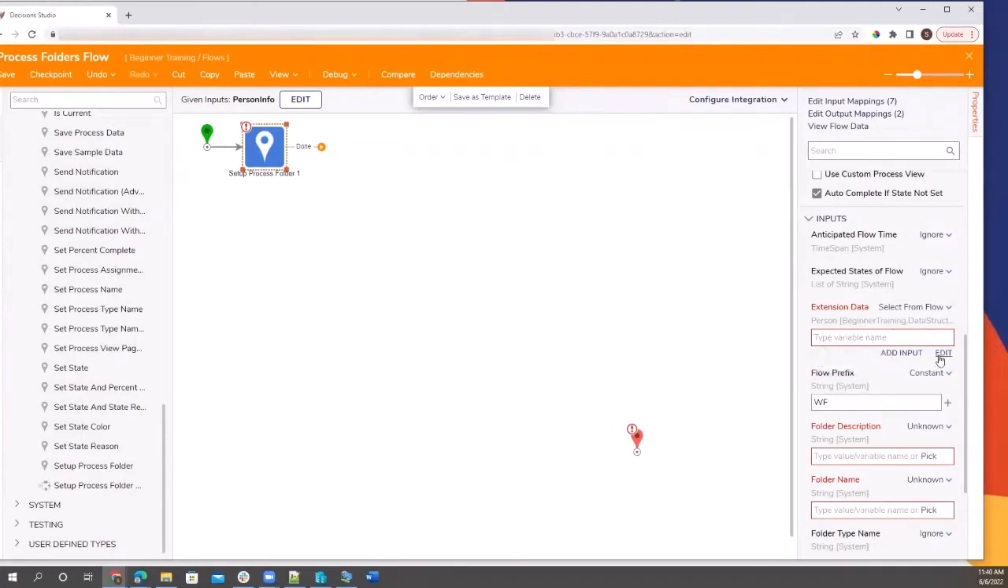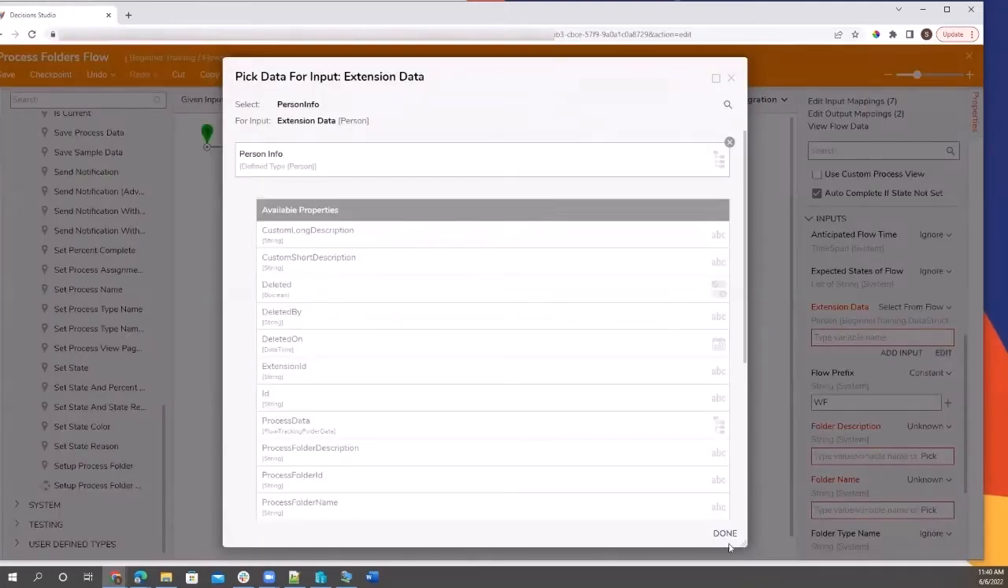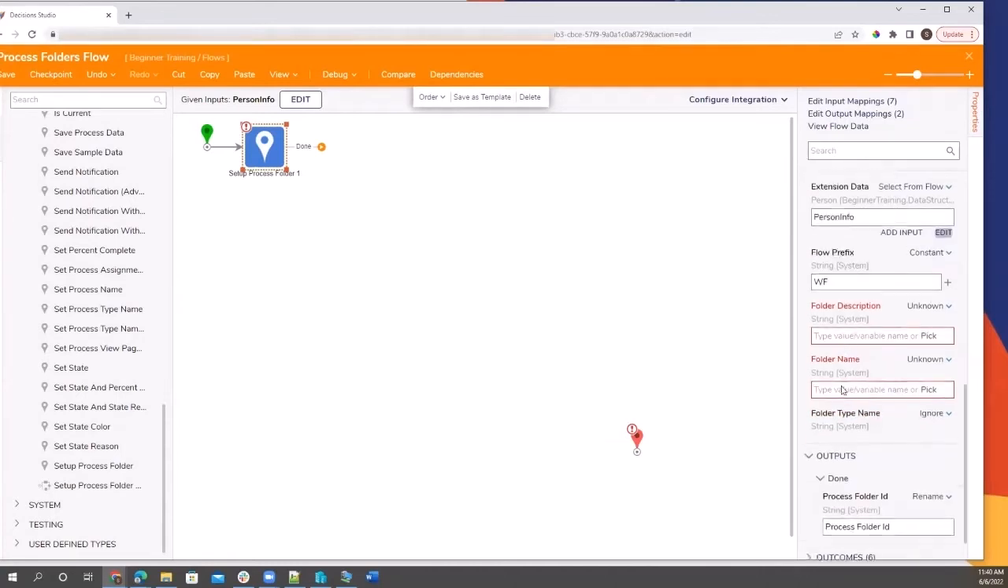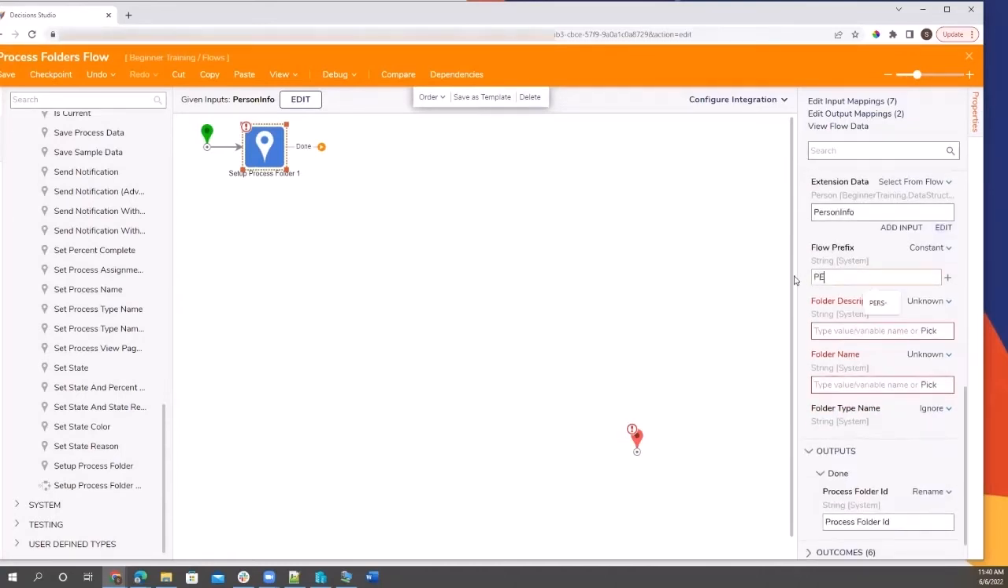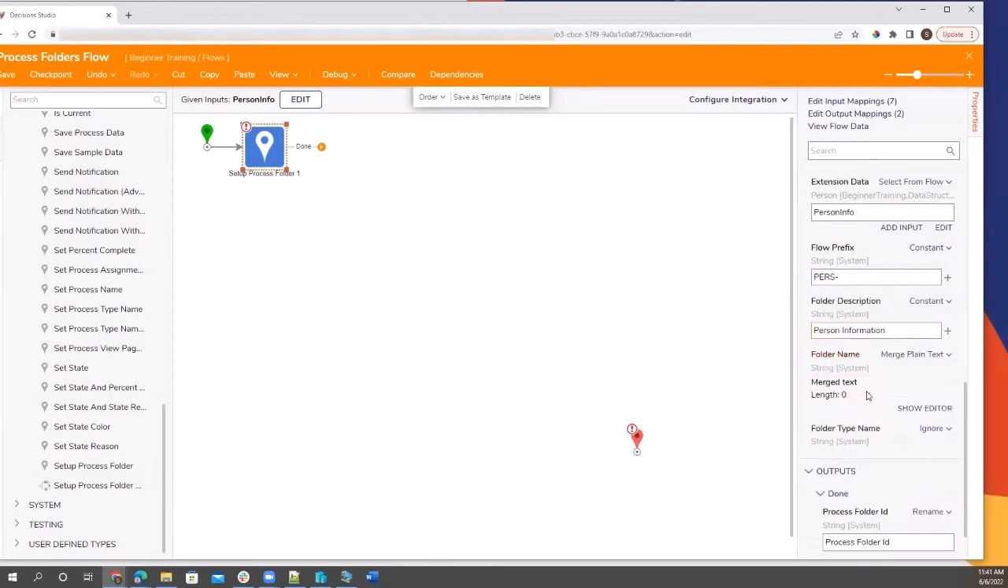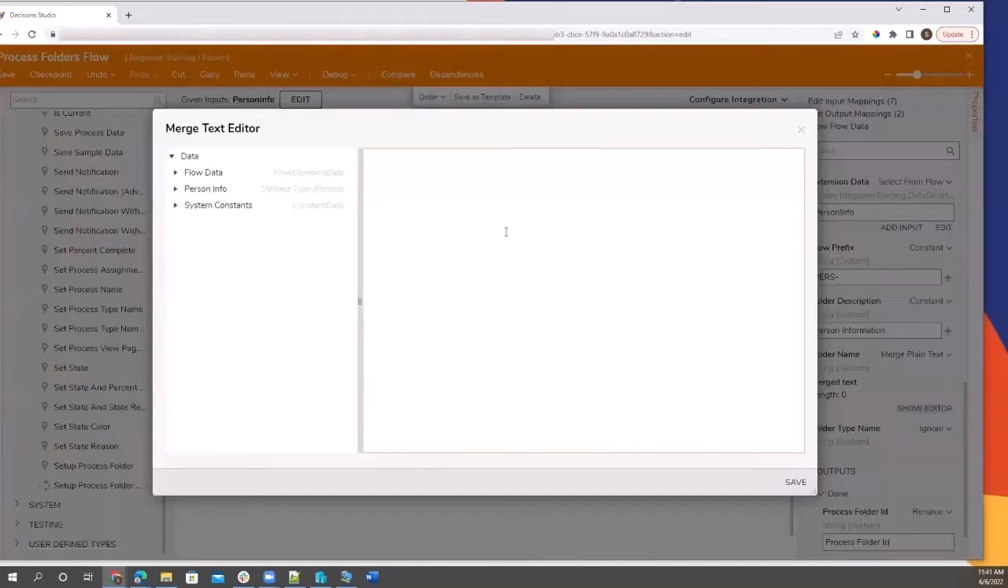And then I will be able to point this guy to my person info that I have. For my flow prefix, I want to say pers so that it, again, accurately represents what I'm trying to do. Folder description can always be constant if you want. You can just call it person info for this demo. And folder name, again, you can use a constant value, or I would prefer to use plain text so that I can specify